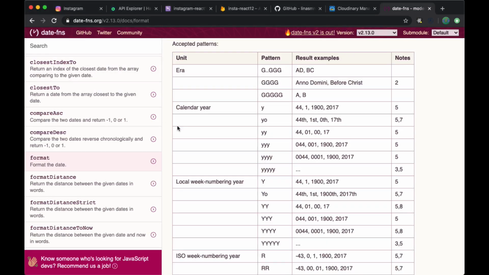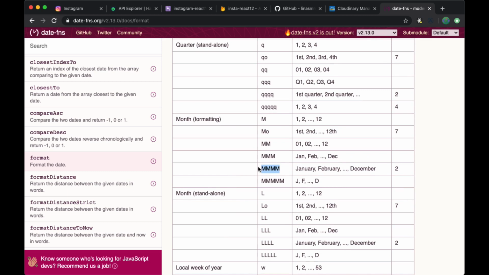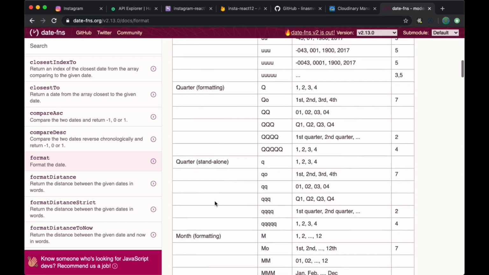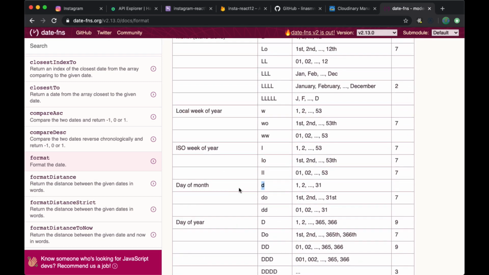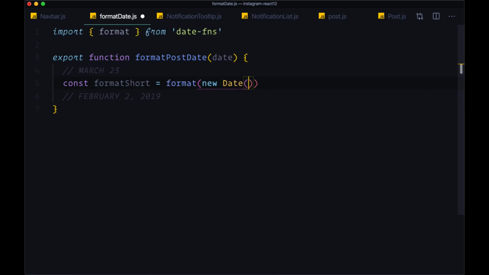For the short version, the month that we want is 4 capital M's, where we have the month spelled out, and then we just want to include the day of the month as a number, so we can use lowercase d, and we want to convert that to uppercase because that's how it looks for Instagram post dates. And we want to do this for the longer version too, February 2. So the first one is going to be stored in a variable called formatShort. We're going to call format, pass the date to the date constructor, and then we provide the options